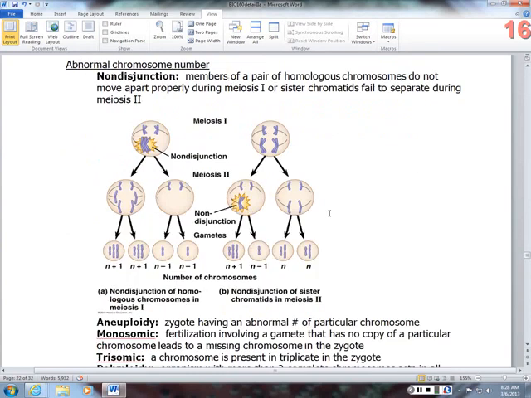So if you have a non-disjunction, this is where members of homologous chromosomes don't move apart properly during meiosis 1, or the sister chromatids fail to separate during meiosis 2. That's how you can end up with the extra number. So this is showing